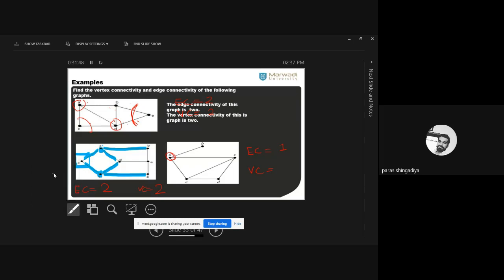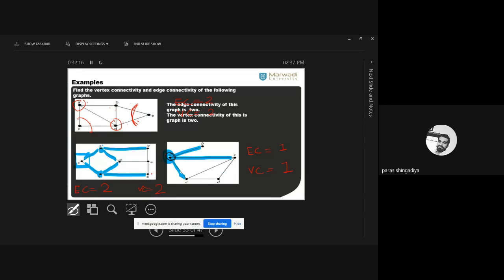Okay. Let me draw it here. You have to delete A, and the three edges with A will also be deleted. Okay. And A is completely removed from here. So now what is the remaining part of the graph? B is remaining and this triangle is remaining. Okay. C, D, E remaining. So that is one of the answers. Okay. By using a single vertex only, we can make the graph disconnected. So the answer is 1.